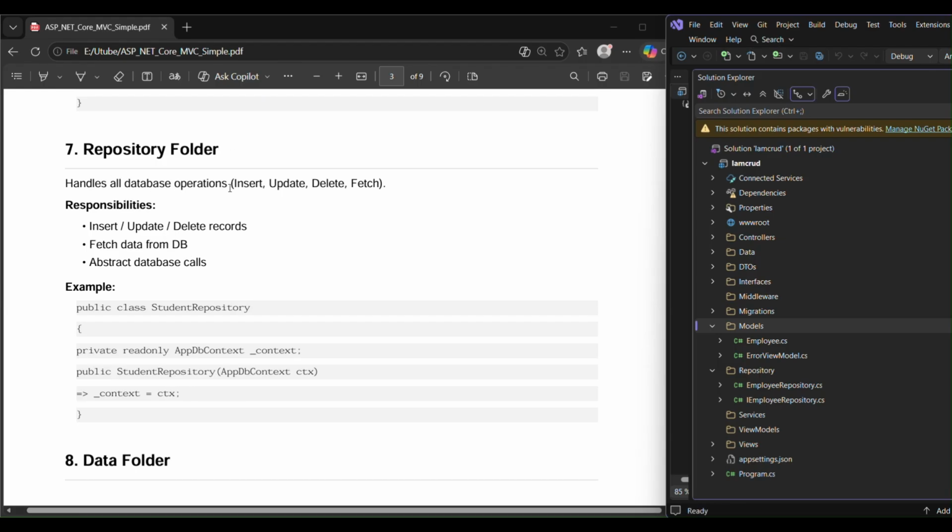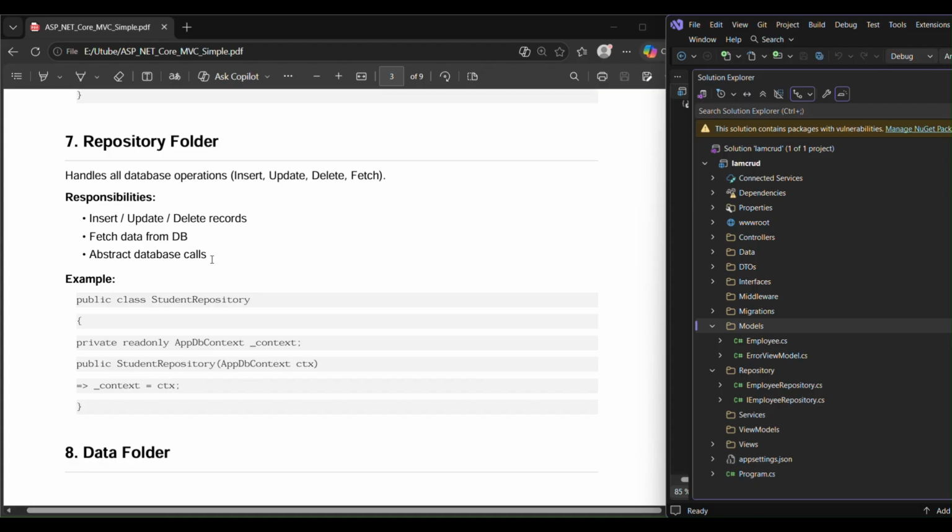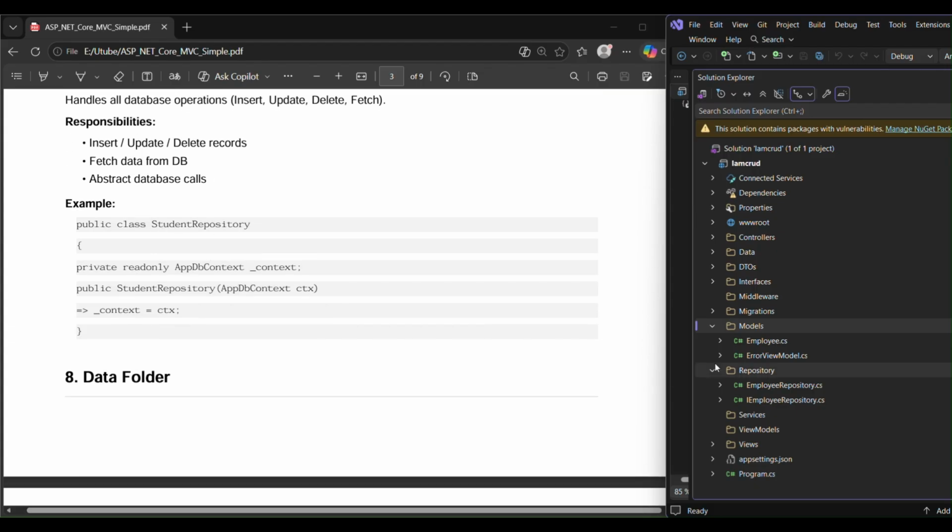It handles all database operations, meaning all the business and data logic is written in the repository pattern, not directly in the controller fetching data from the database. It also includes insert, update, delete, fetching data from the db, and abstracting database calls. We write it by creating a student repository, and the interface is going to hold your method signatures, which are going to be implemented in the student repository.